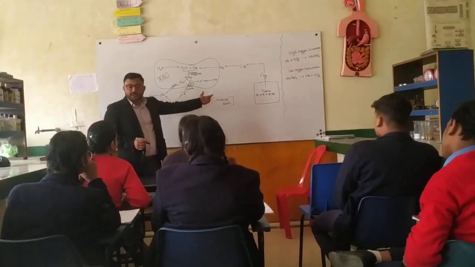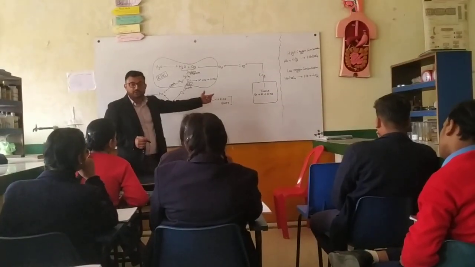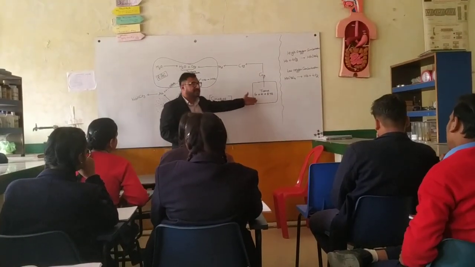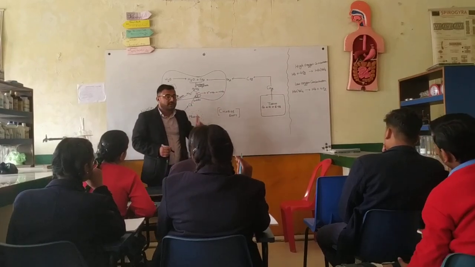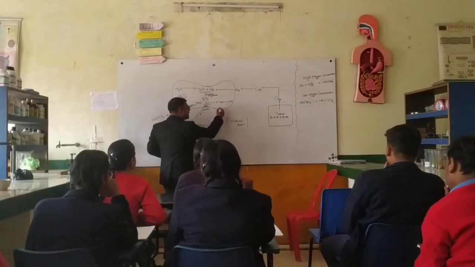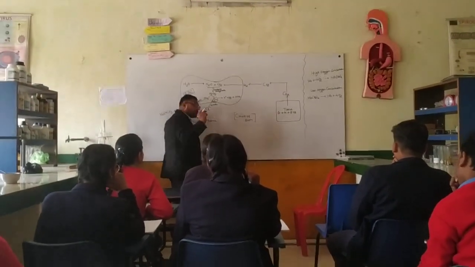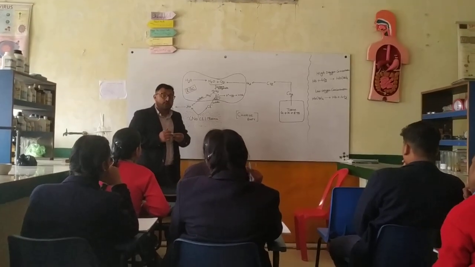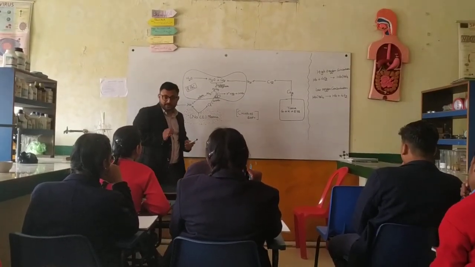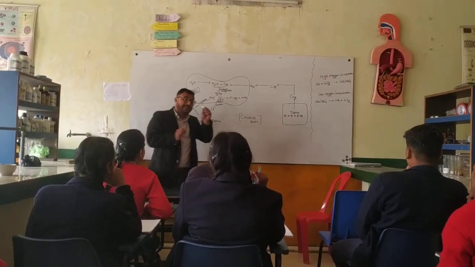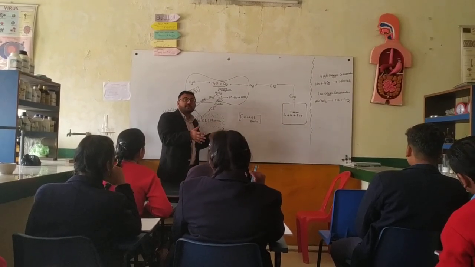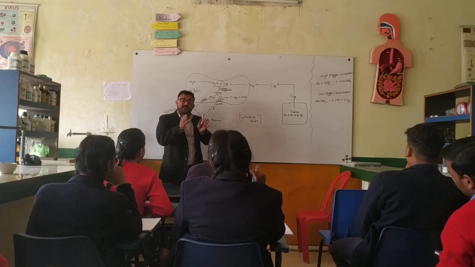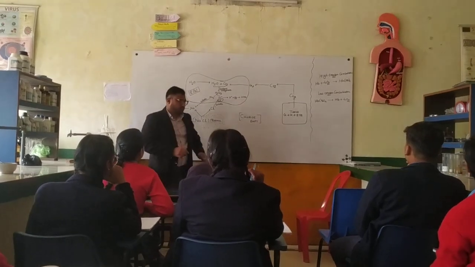When this type of process is carried out inside the tissue, it produces a thing that is called carbon dioxide. Oxygen is carried by hemoglobin. Hemoglobin is the substance which consists of iron, and that iron is responsible to collect the oxygen in our body and transfer it to different types of cells and tissues.